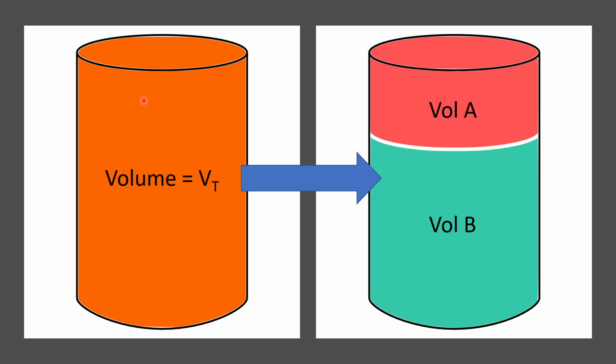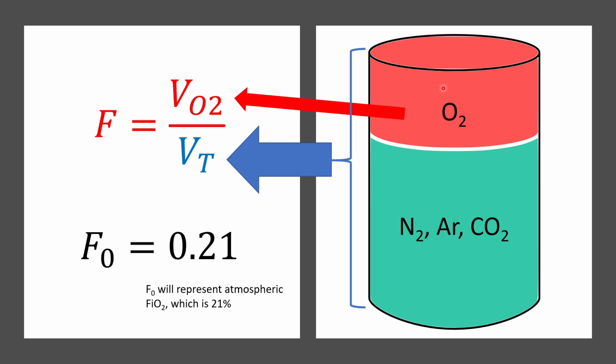If we have a volume of gases in a cylinder that we call VT, for volume total, or tidal volume if it's something we're breathing, we can partition this into different gas components. Let's say one of the gases takes up volume A and another takes up volume B. If the volume A gas was oxygen, and volume B was the remainder of air, which is mostly nitrogen but can also have other trace gases like argon, CO2, things like that,